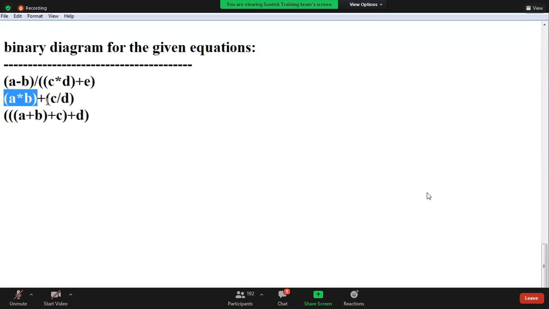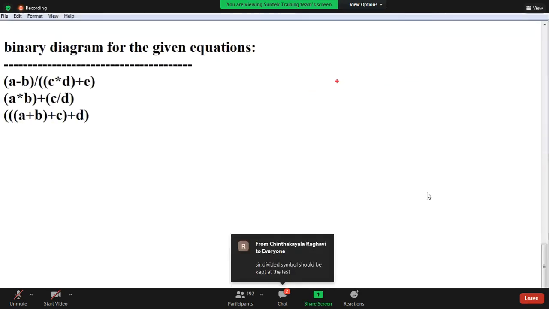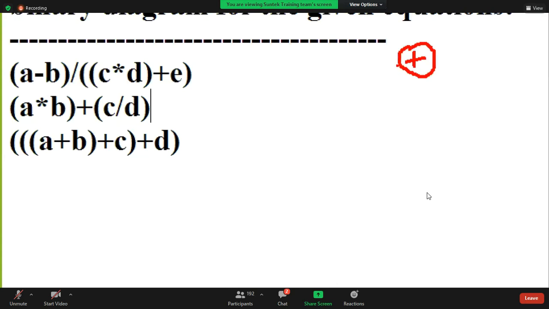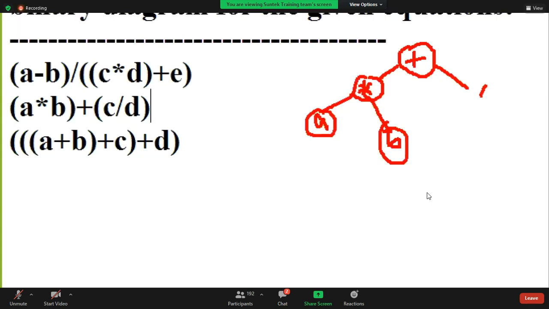Divide the equation into two parts, the left part and the right part. This is plus, guys. The root is plus. A into B on the left side, again into: a on the left, b on the right. Then C by D: division, C on the left side, D on the right side.